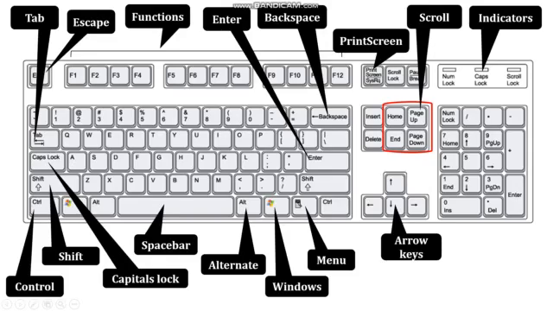Using the arrow keys you can go up, down, left or right. And now these are all the numeric keys. On our keyboard there are 101 keys, divided into different groups, and each key has its own function. Okay, now